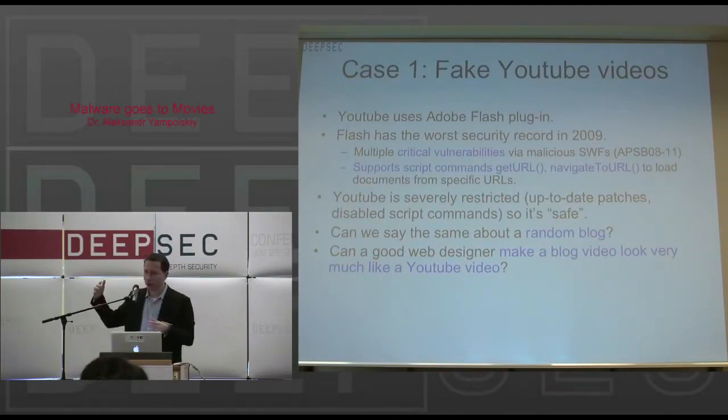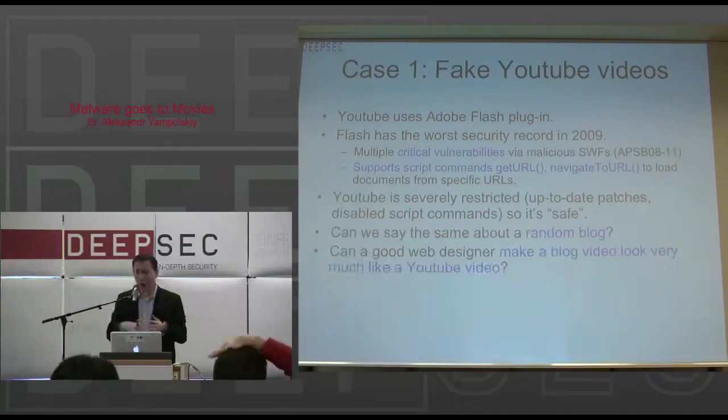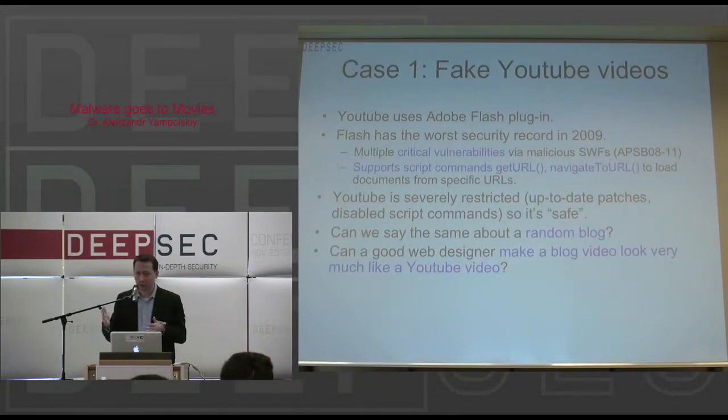So the next question you might ask is, what we need to do to trick a person into going to a particular site is create a video which looks like YouTube. That should take some web designer skills. You need to format it properly and make the web page look good, so you need a certain degree of sophistication. In reality, you actually don't, because on the black market, if you look at hacker forums, there are tools which will do it for you.